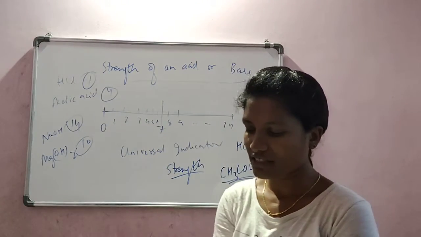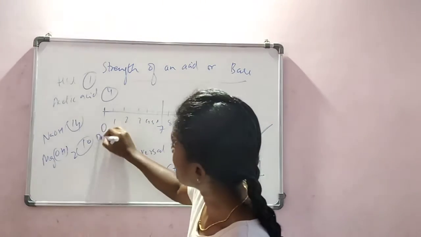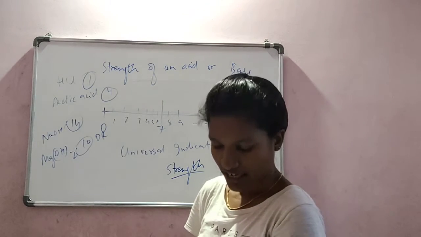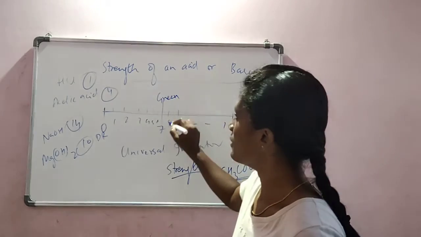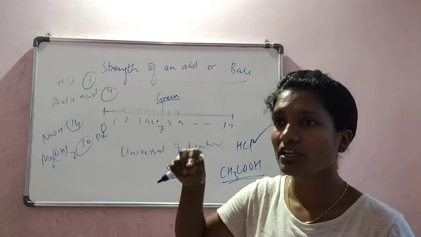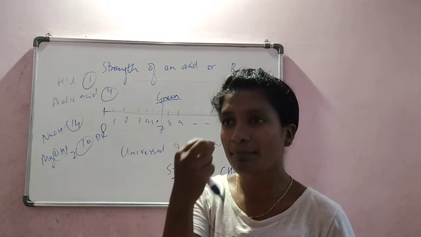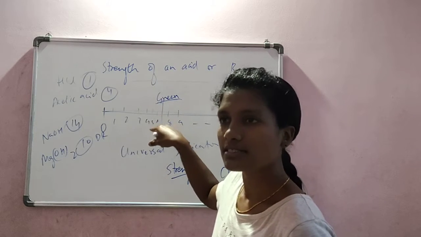Okay, if we consider the pH scale, it starts from dark red, that is, at 0 we have dark red, then followed by red, red again, orangish color, orange, yellow, and green at the middle. So what can we expect when water is put in a universal indicator, or universal indicator is put in water? The paper turns into green color.